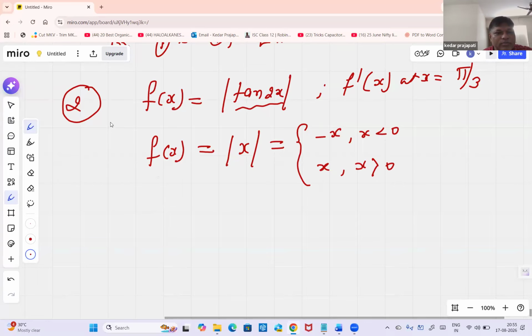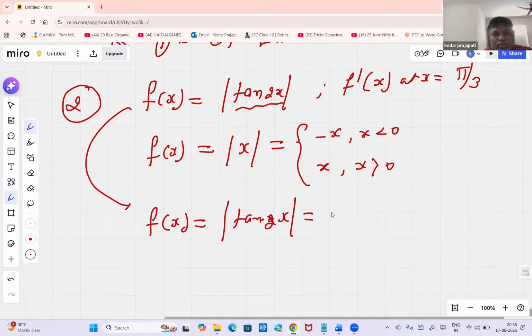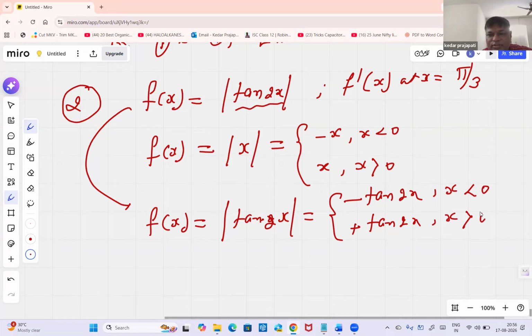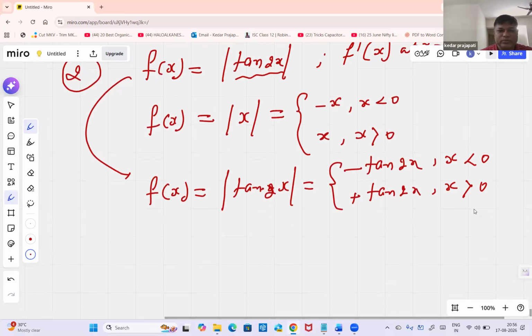So what will our question become? f(x) equal to mod tan 2x, sorry, will become minus tan 2x, and plus tan 2x, when x is less than 0, and when x is greater than 0, something like that, right? Have they given a condition? No. So